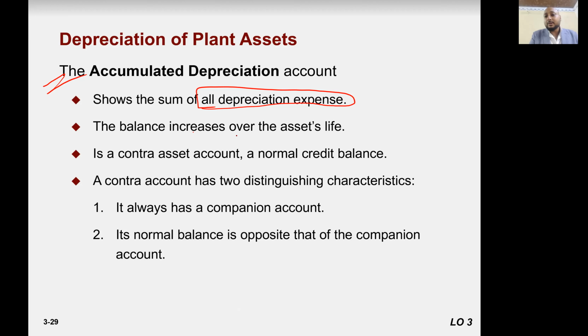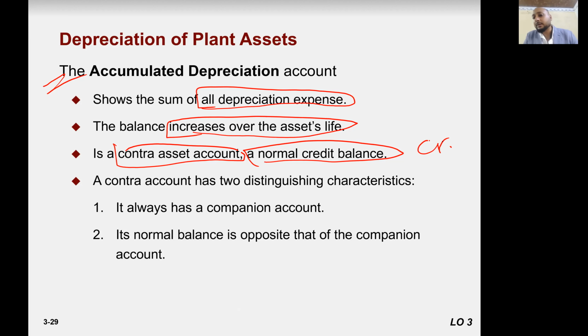So the balance increases over the life of the assets. It is a contra account. Contra to which account? Contra asset account. And its normal balance is a credit balance. Right? Asset normal balance is a debit balance. So its normal balance is the opposite of the asset,